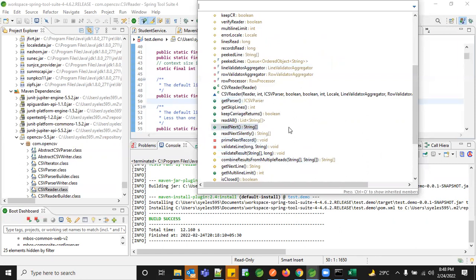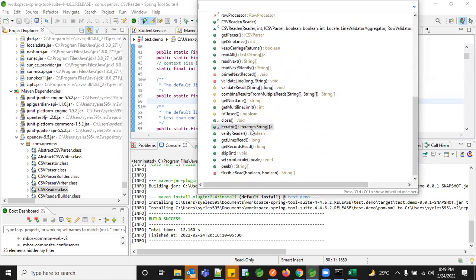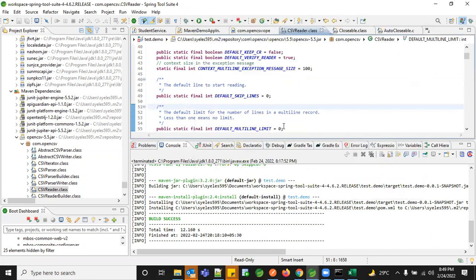So how do we want to read? You want to read the entire content, which gives you the string array, or you want to read one by one by parsing your information, or you want to first get the entire line from your CSV and check whether the number of items in your header and the number of items in the next row are equal, or some data is getting missed. If you want to validate that, you have multiple methods here, whatever type of data you want to validate. Everything we can do from your reader. So this is for your reader part.